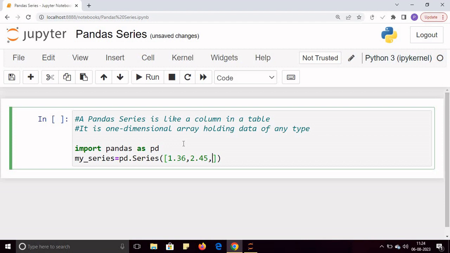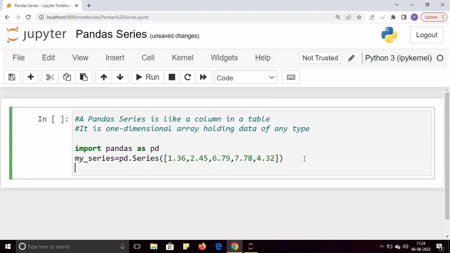Let me create some values. Okay, so these values are fine. And if I print this series, so if I write my_series and run my code,